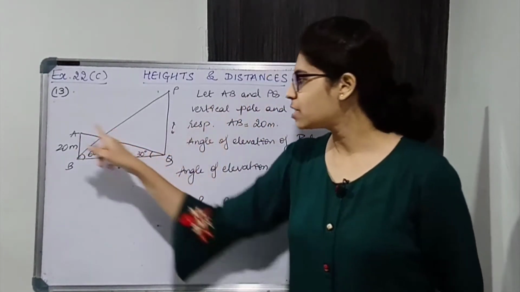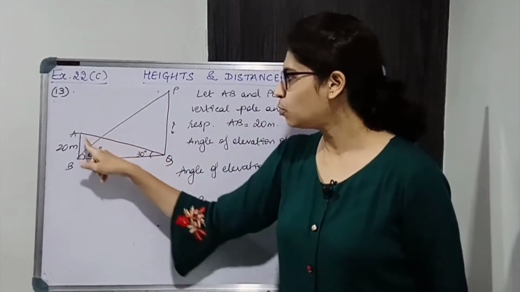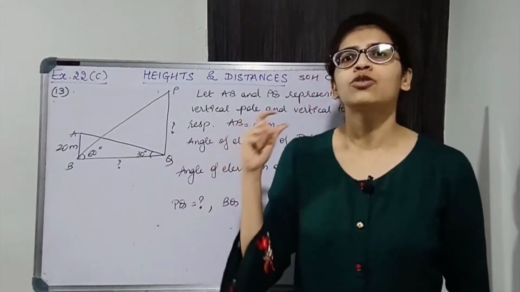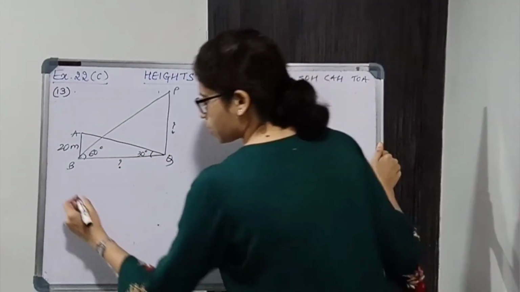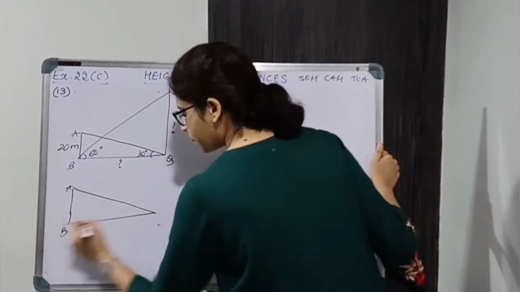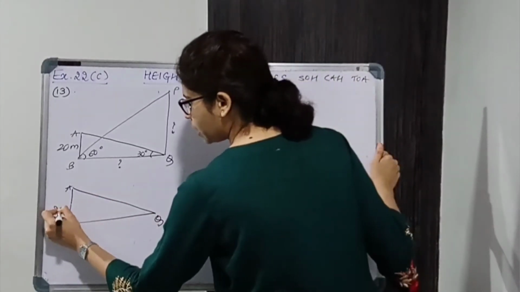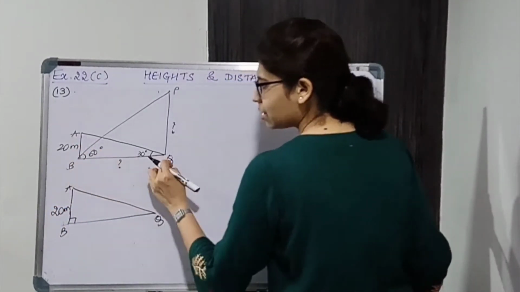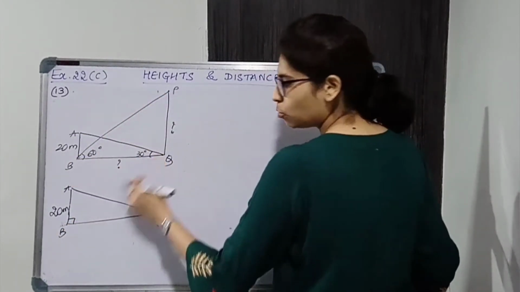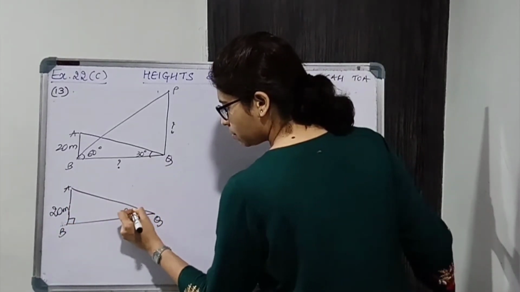Two right angle triangles, one is ABQ, another one is PQB. So first we'll consider ABQ because more information is given there, so BQ will be easily found. So let us consider ABQ first. I'm drawing ABQ separately for understanding. So ABQ, this is right angle, this is 20 meters. This entire angle is 90 degrees. So PBQ is 60, ABQ is 90. This is 30.